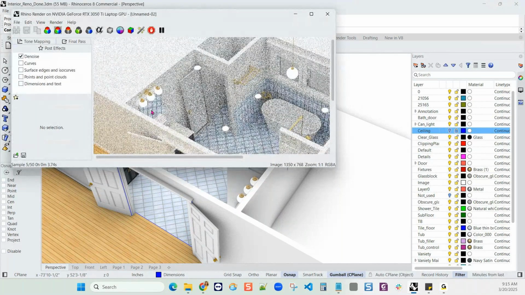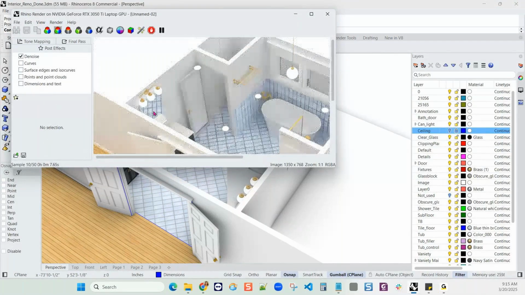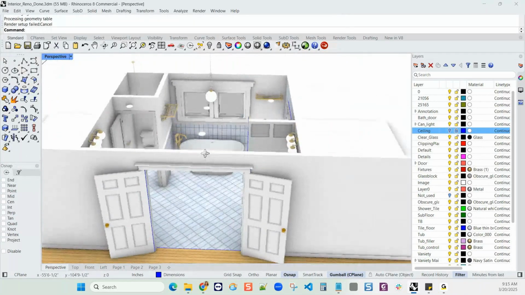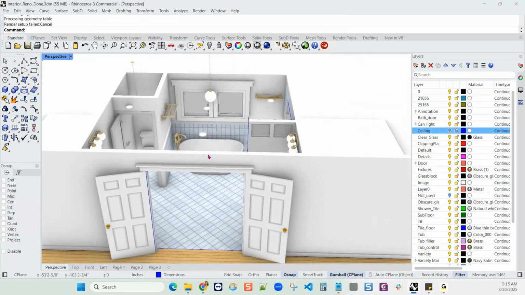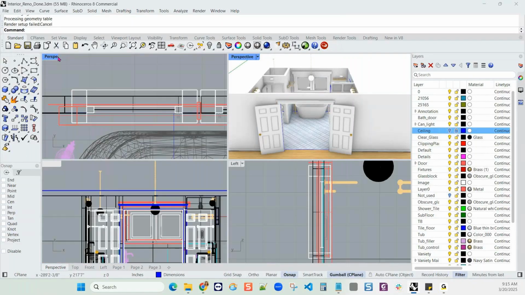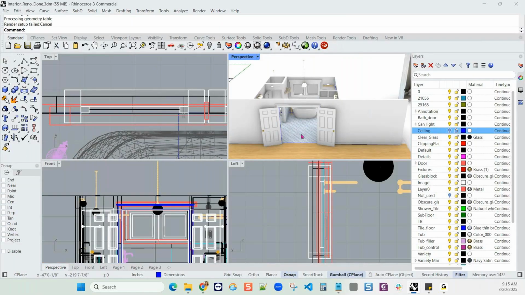So you can see here when I pick render, I start to see a little bit more development of the materials and the lighting in the scene. Although the quick render, the render display mode that we're looking at here, is an excellent way to experience your model with materials very quickly. And so there's usually a point in the model where I start looking at least the perspective view in